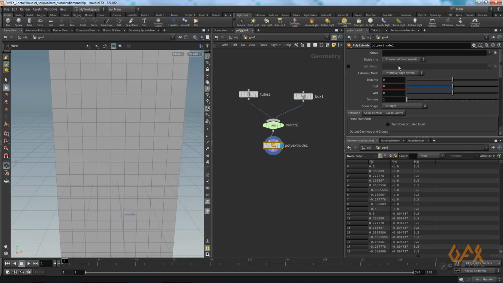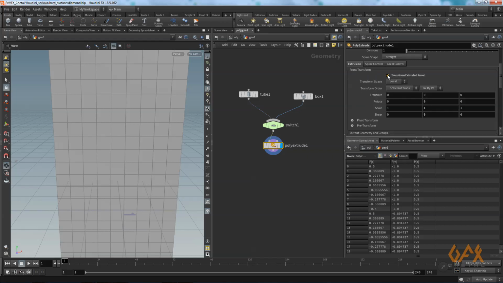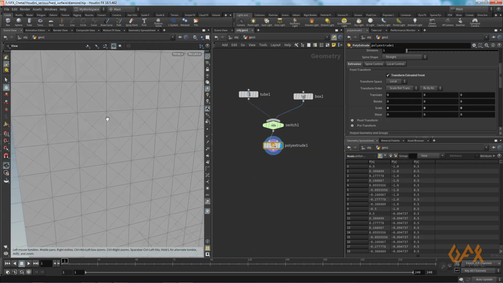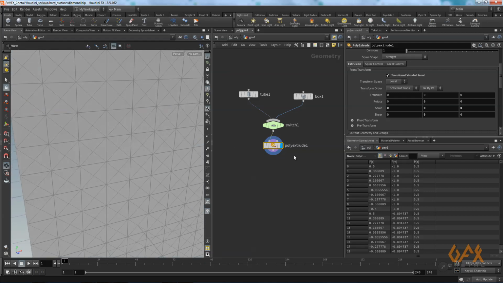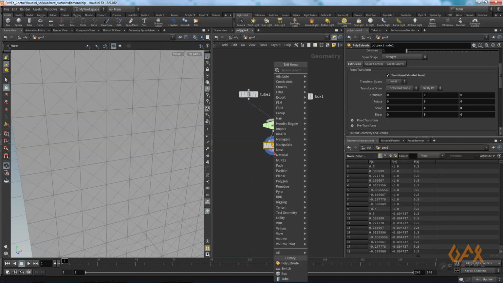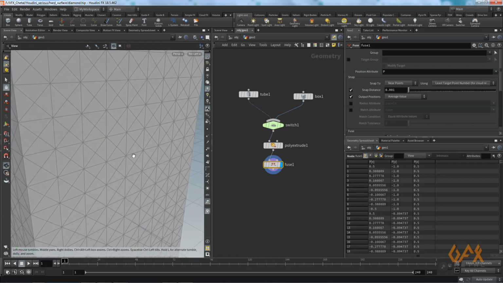Now over here I set it to individual element, and in front transform I click on transform extrude front, and here I set it to 0, 0 and 0. So I get this diamond extrusion over here. Now I set it to fuse, so it merges all vertices properly.